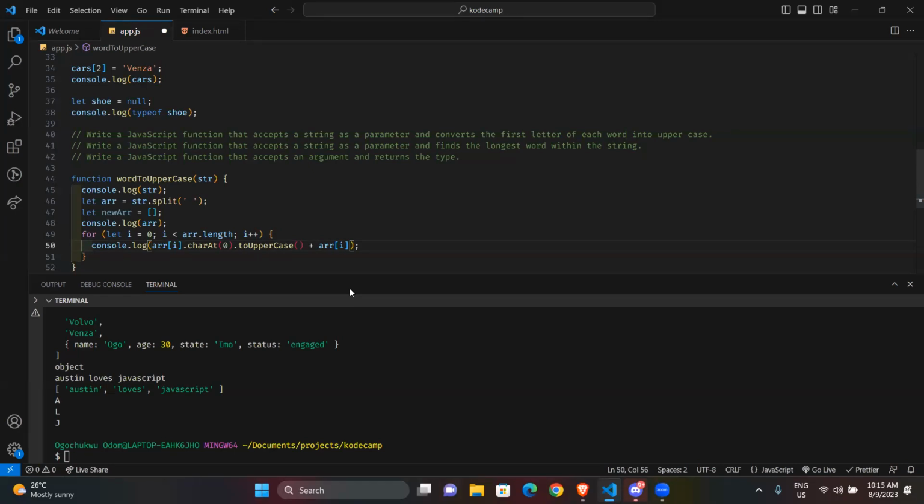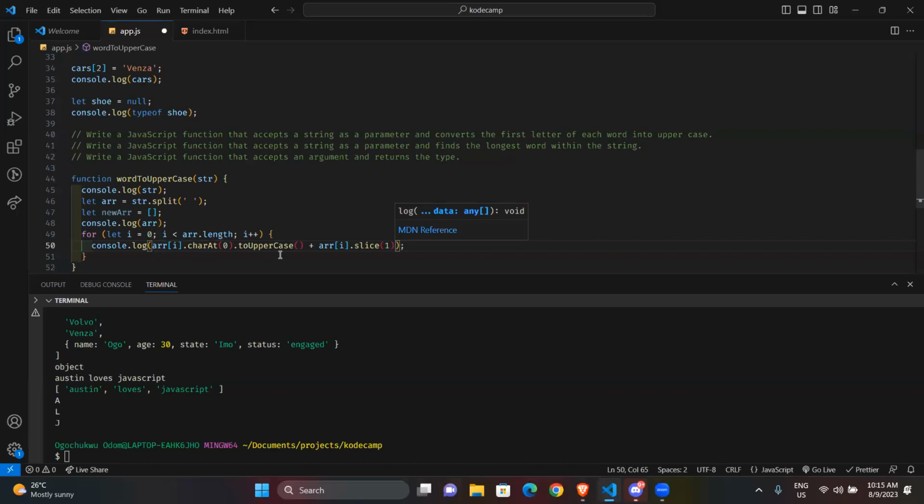So, the array, and then what am I looking for? I'm going to remove the first element, so I'm going to slice. I believe we still remember slice.